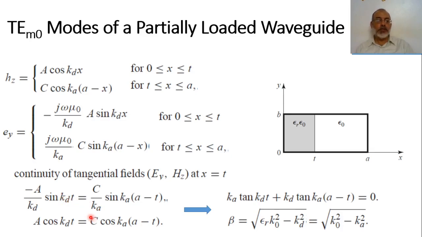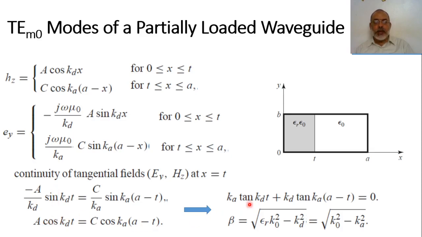The determinant of this matrix is effectively the characteristic equation of this partially loaded waveguide. And this characteristic equation can be obtained by dividing equation 1 over equation 2, so we eliminate a by a and c by c. So sine kd t over cosine kd t,